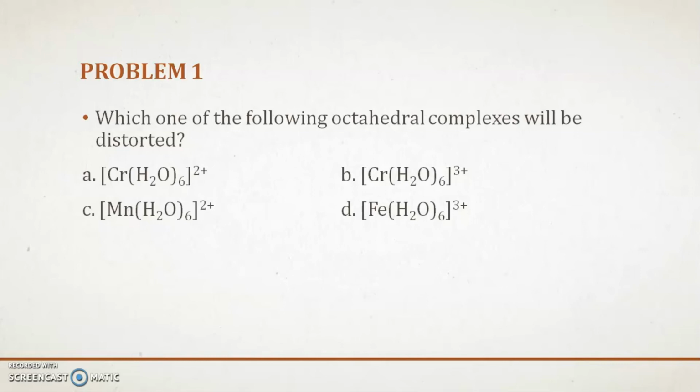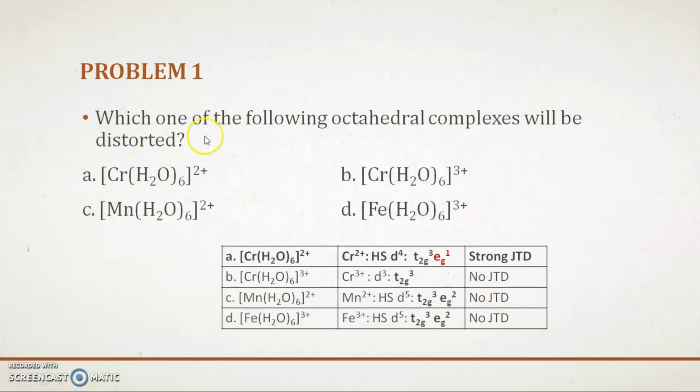Now on seeing it itself, we can give some intuitions. For example, C here is Mn2+. Mn2+ is d5. d5 is t2g3 eg2. So there is no Jahn-Teller distortion because both are half filled and symmetrically occupied. So like that we have to quickly come to the d electronic configuration. Now we will see how we can do it.